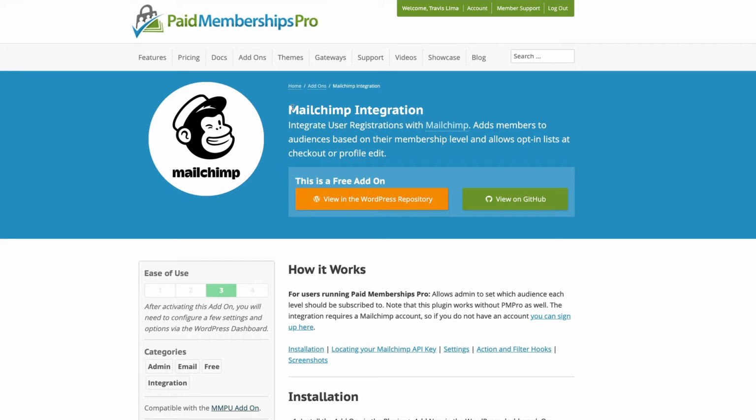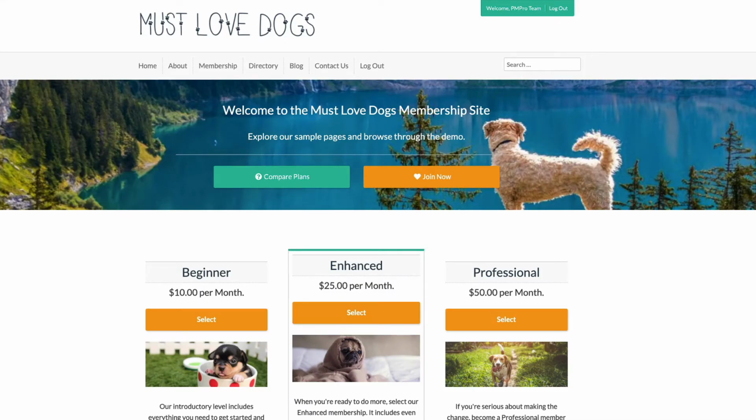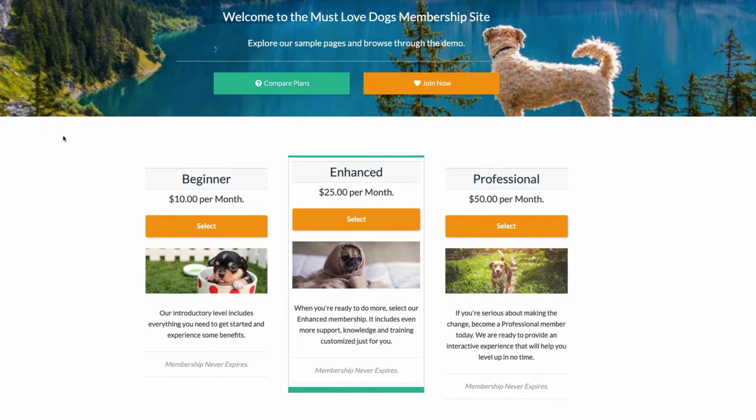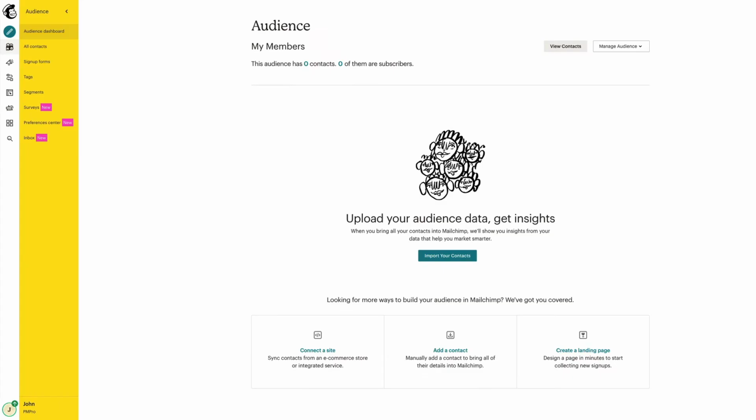Now this add-on works with Paid Memberships Pro, but it also works without it, and if you want you can use this to collect user registrations on your site and add them to Mailchimp. So over here I have my local development website, and the idea that I want to create is when someone selects a beginner membership and proceeds to checkout, they will be added to a Mailchimp audience